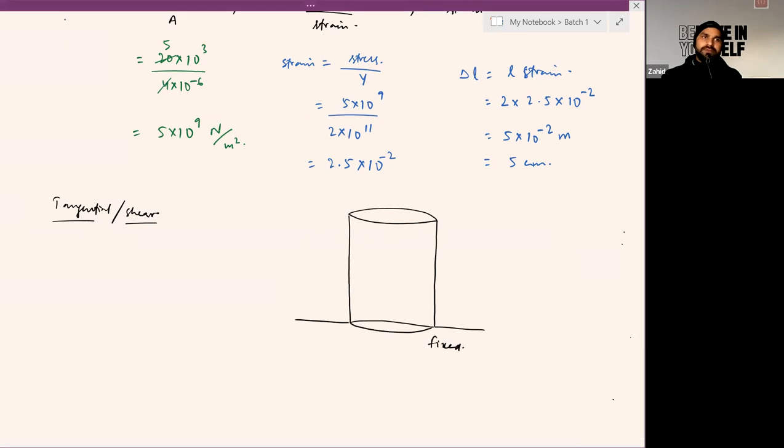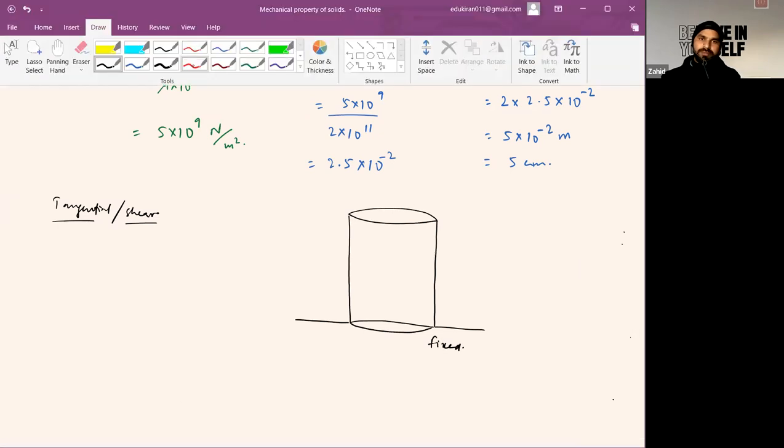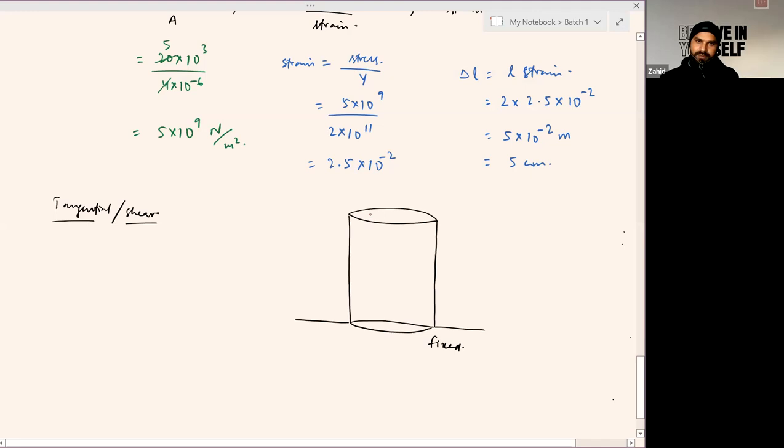On applying a tangential force on its top surface, it may bend like this. So if a force is applied tangentially along this direction,